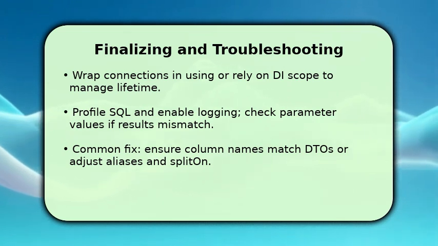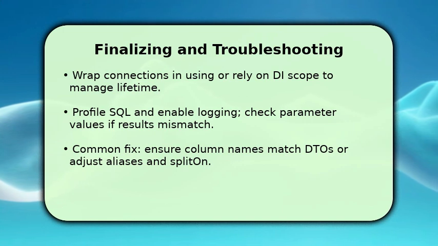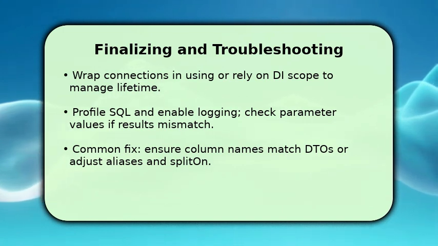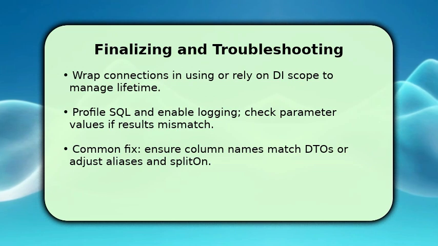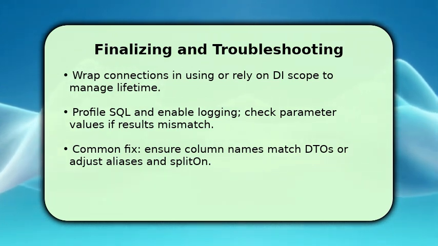If mapping fails, confirm column names match DTO properties or alias columns and adjust splitOn for multi-mapping. If you see nulls or empty results, verify the SQL works directly against the database and that your parameter types and names align. This usually